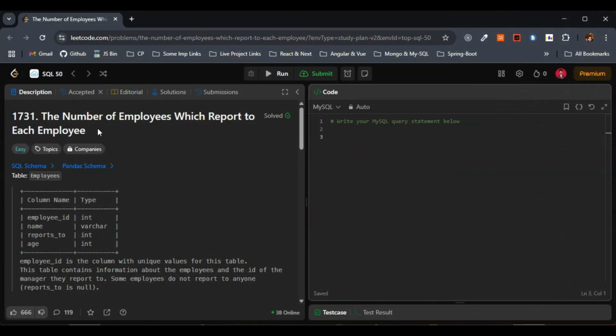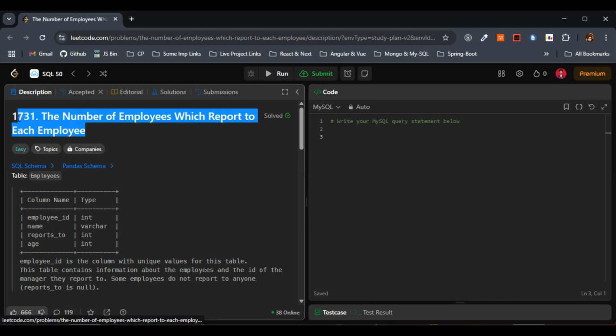Hello everyone, today let's solve problem number 1731, the number of employees which report to each employee. The question states that we are tasked with finding the IDs and names of all the managers, the number of direct reports for each manager, and the average age of those reports rounded